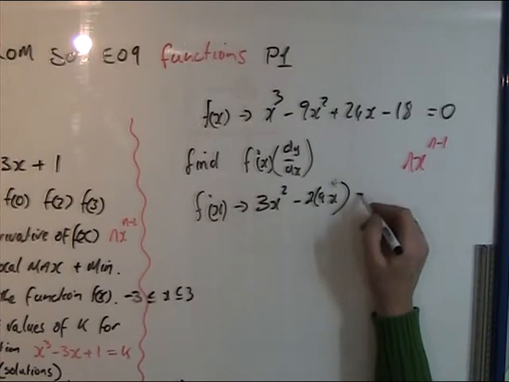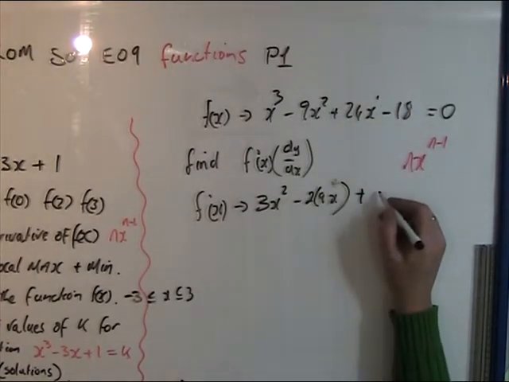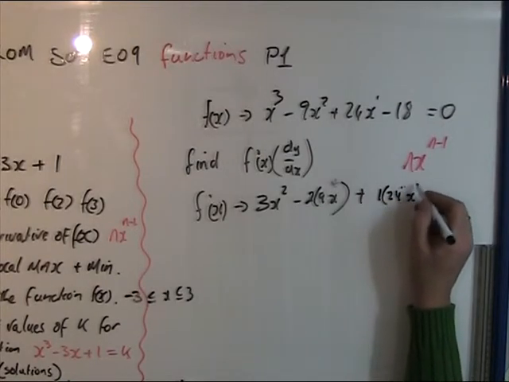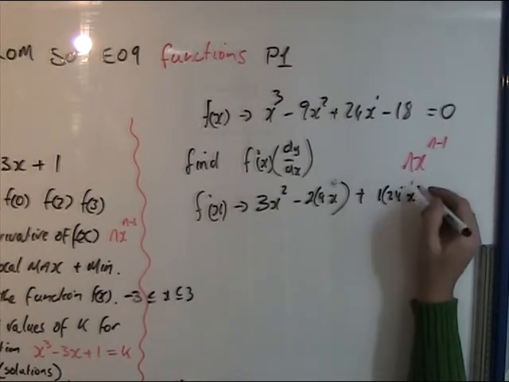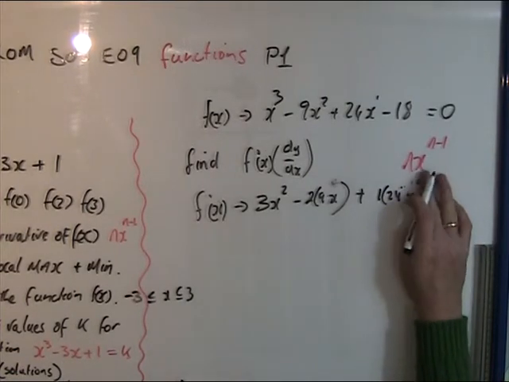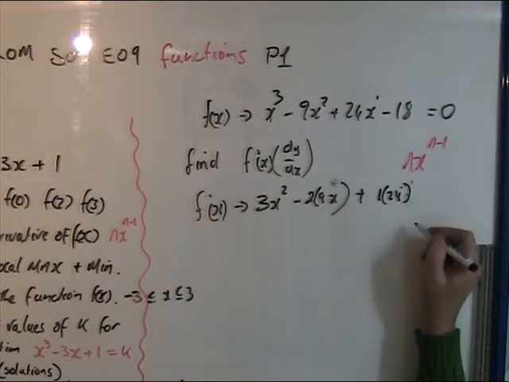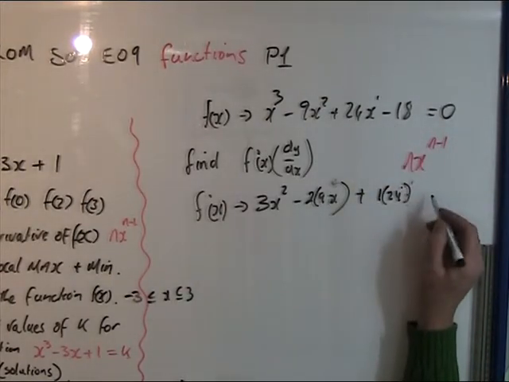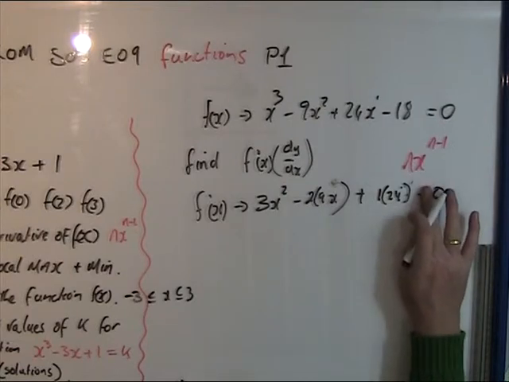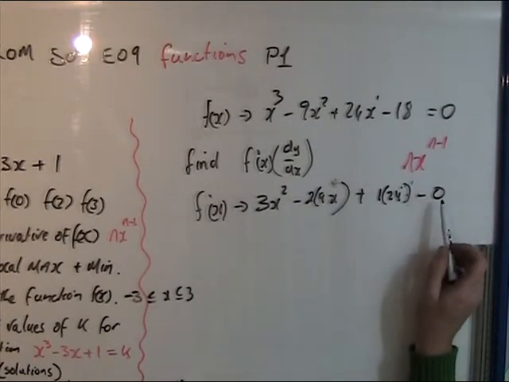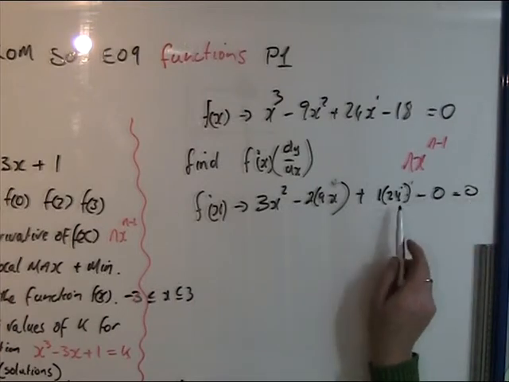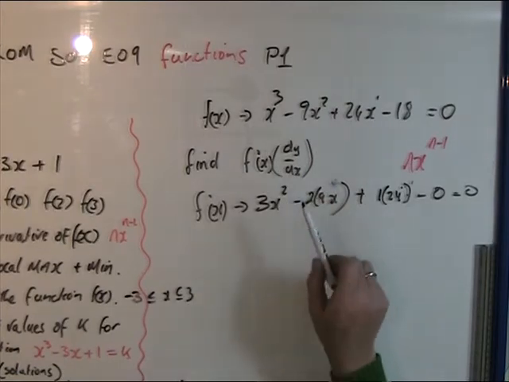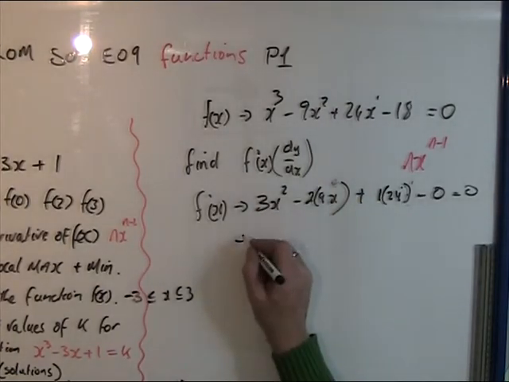Plus, and there's a 1 here, 1 times 24, and x to the power of 1 minus 1 is 0. Anything to the power of 0 is 1. So 24 times 1 is 24. Do you see what I got? And minus 18 is a constant, so it is 0. It doesn't really matter because 0 is not involved in this equation. So you get rid of the x for the 24, and you just get your system, and that becomes